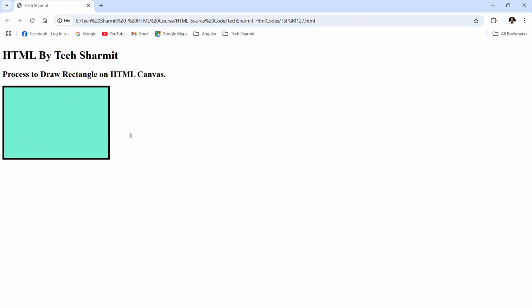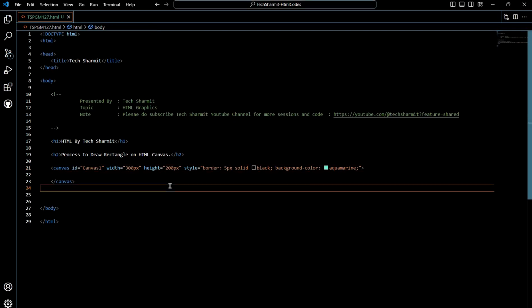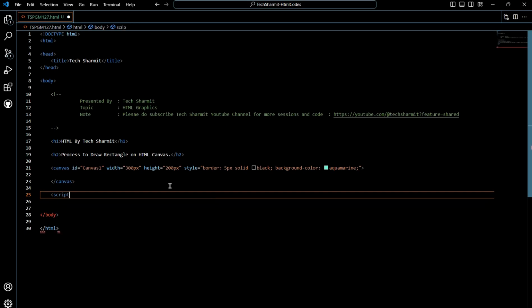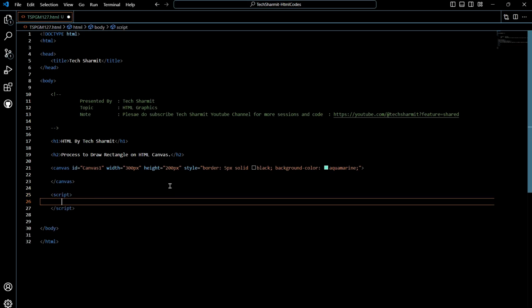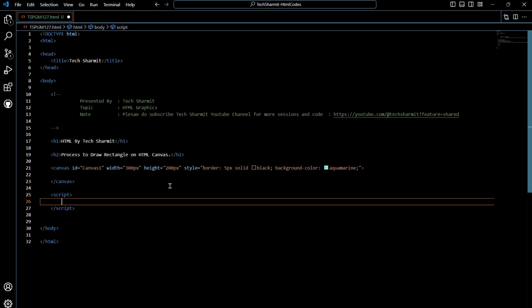Now on this canvas we will draw one rectangle. How? With the help of script. So for that we will write here script. In script we will write the code which we will use in order to create the rectangle. Let me show you. So here we will create a simple